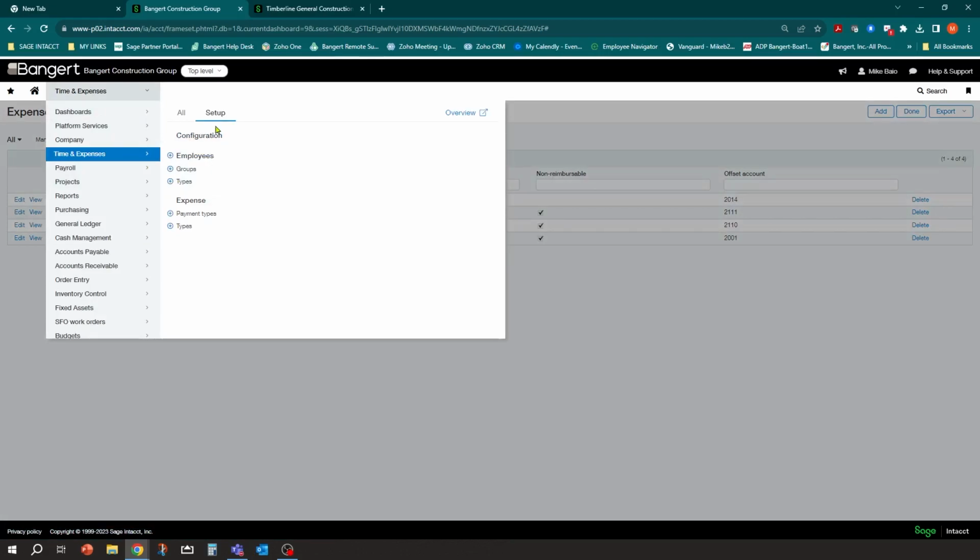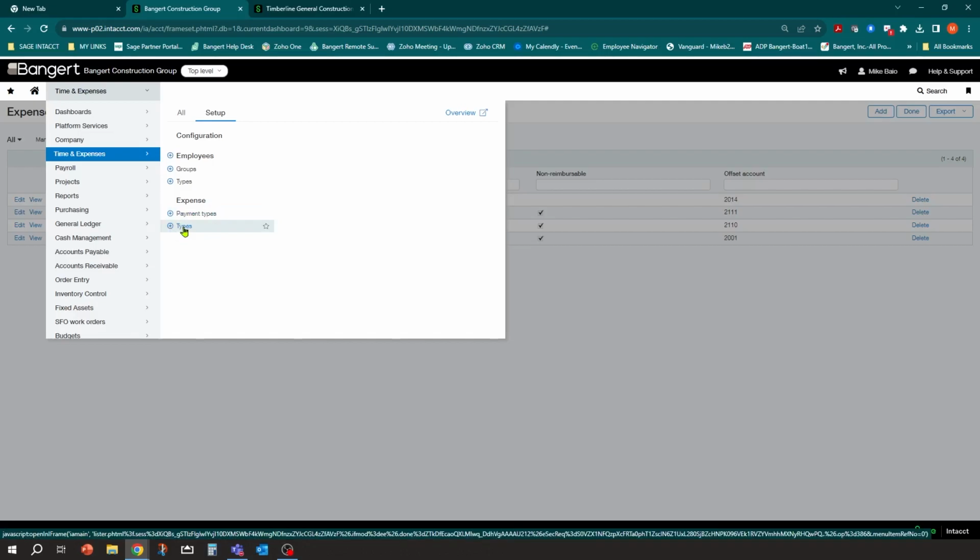Then the other thing you need to set up in expenses is, when you go in and put these charges in, you're going to notice it's not really going to show you a general ledger account. The general ledger account is going to be defaulting in based on the expense types that you use. So you're going to want to go in and set up different types of expenses, and they can be directly related to one general ledger expense account. You could even call them the expense account number.